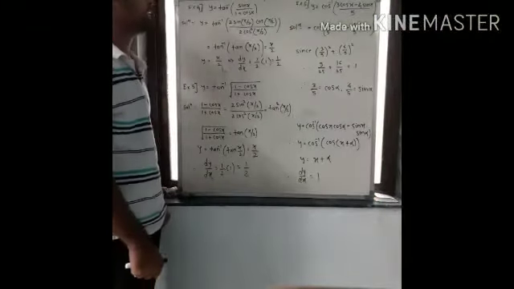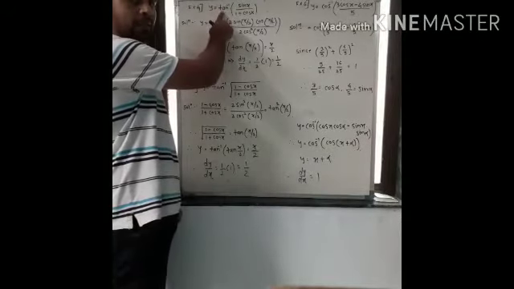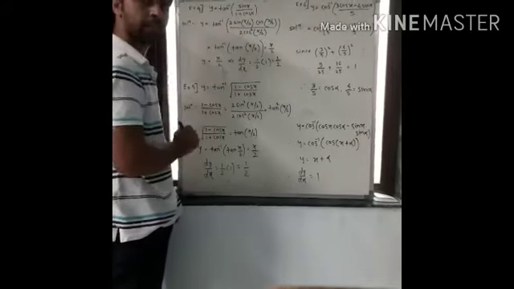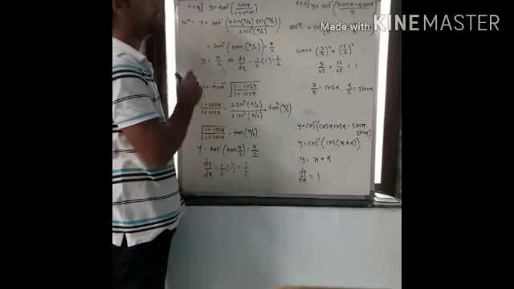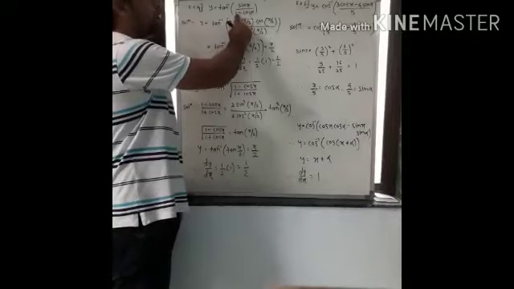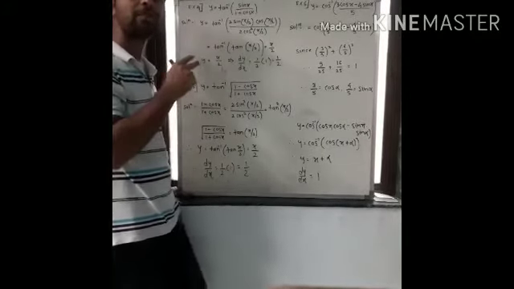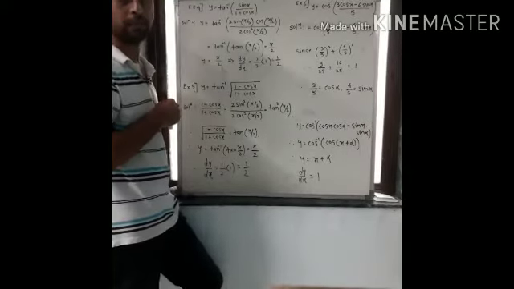Okay, student, now let's see the fourth sum. Okay, y equal to tan inverse sin x divided by 1 plus cos x. Now this is a slightly different example. Here we have to use some formulas. Sin x and 1 plus cos x, these are two different functions, so we have their different formulas also that we have already seen in the trigonometric chapter, right?